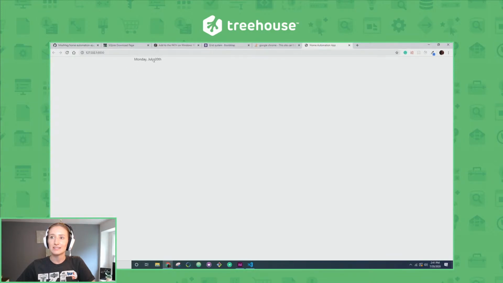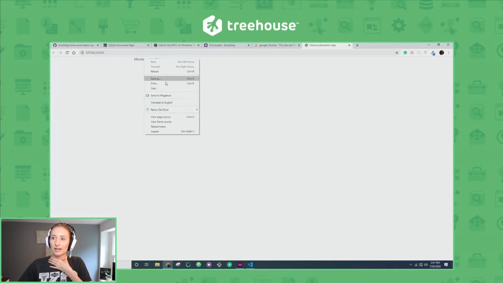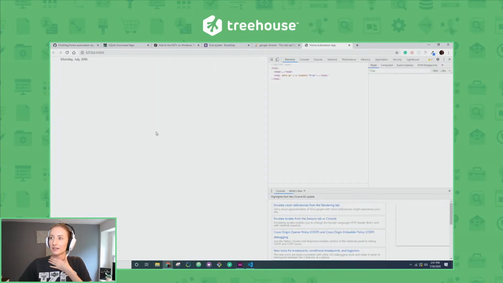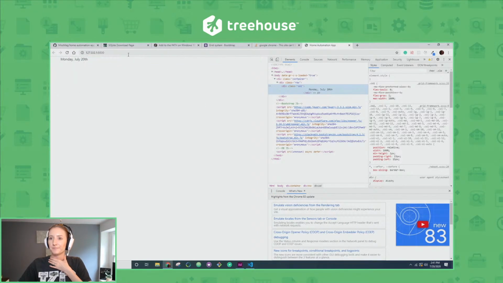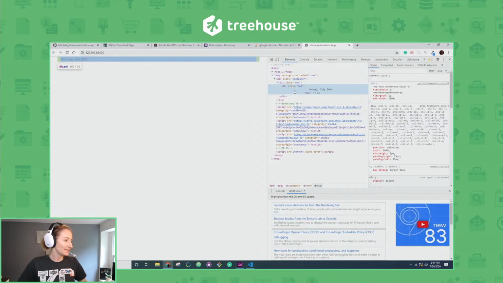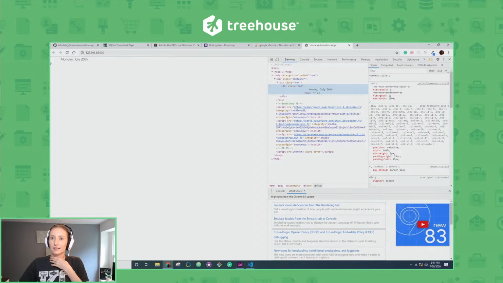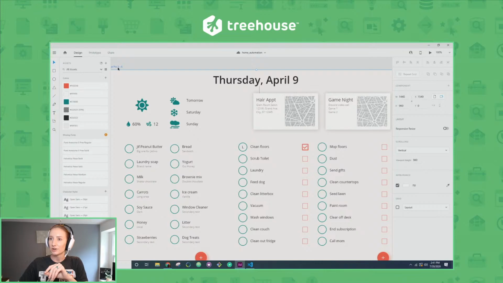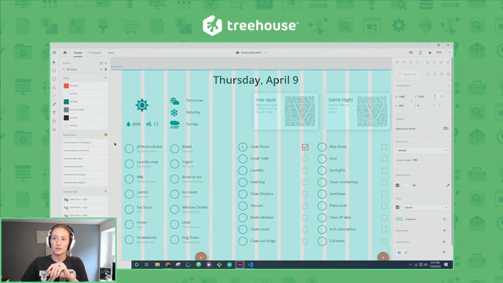So refresh, and you can see it puts it kind of over here to the side. And if you right click on it, you can come down here to inspect, and it'll pull up what this looks like. And so if you hover over the different elements, it shows you where it exists on the page. So this column has some buffer room on each side, which is totally fine because in our design, if I turn our grid back on, you can see we have the same buffer space,